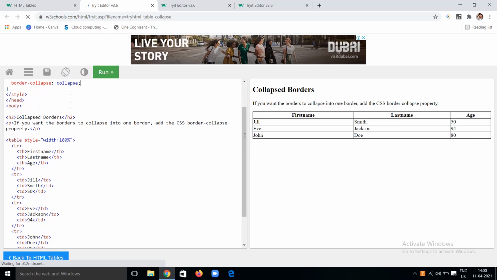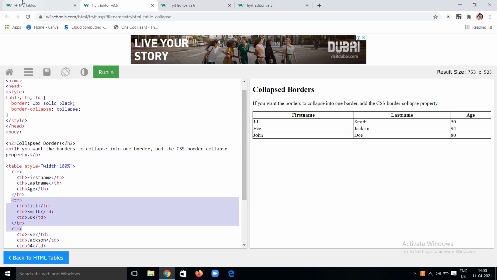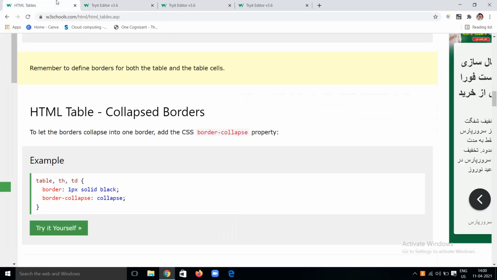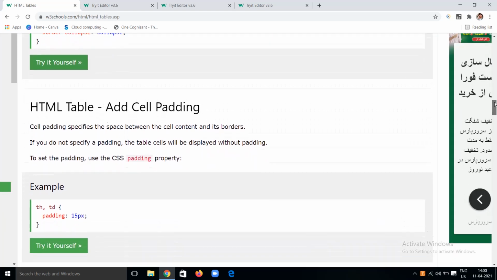For th, meaning header, the text is centered and bold, which is nothing but the table header. Next td, table data. You can see here how many rows we want: 3 rows. Then tr will be there 3 times, for 3 rows. We can observe here that drawing a table is easy in HTML. If you want to give more preference and more attraction to the table, we can also apply different types of styling to the table.